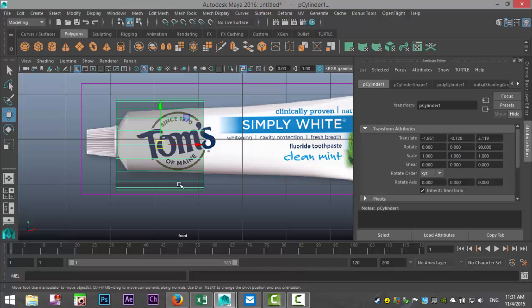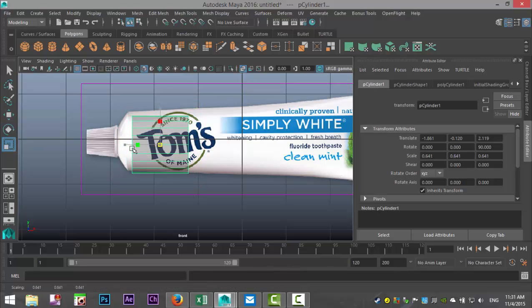And then we are going to hit R and scale it down to a point where we kind of fit the start right there. Okay, so scale it down some more. That should be roughly the inside of the cap, which would stick out just about that far.